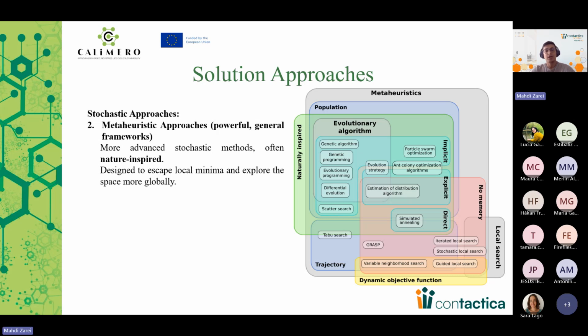Meta-heuristics are a smarter, more flexible framework that guides the search more effectively, often inspired by nature like evolution, swarm behavior, or physics. Meta-heuristics are great at searching wisely, digging deeper into possible solutions, and managing multiple goals at the same time. Unlike the basic heuristics, they keep a diverse set of solutions, which is really useful when you're trying to find trade-off solutions. There are two main common types, as you can see: trajectory-based methods and population-based methods. We will dive into both of these in the next slides, starting with the